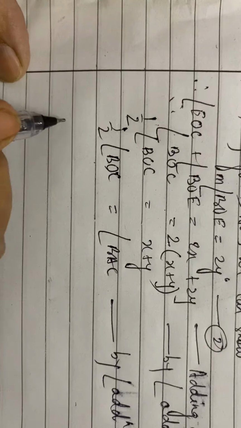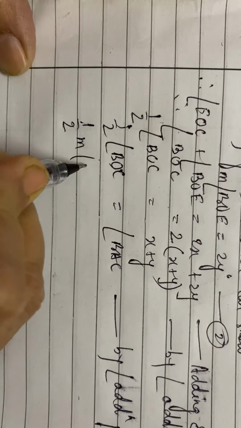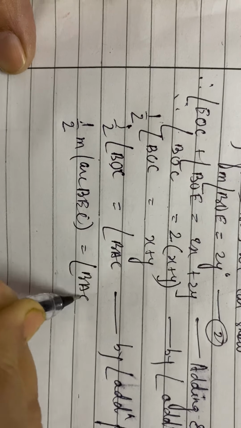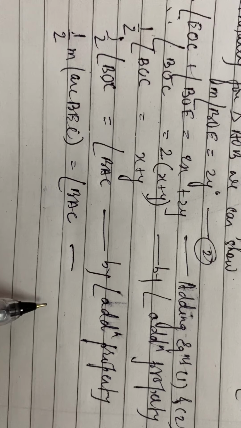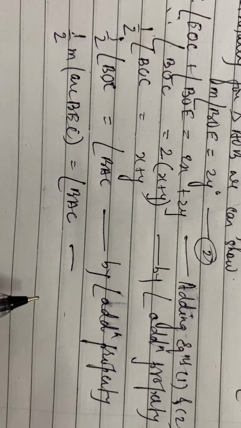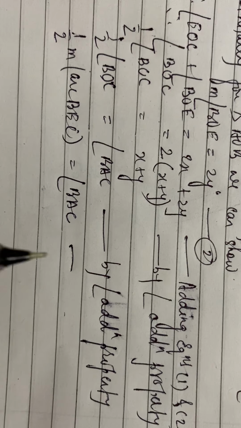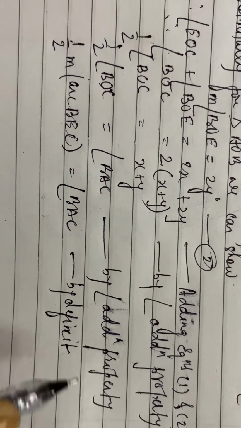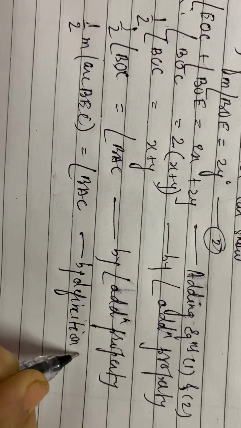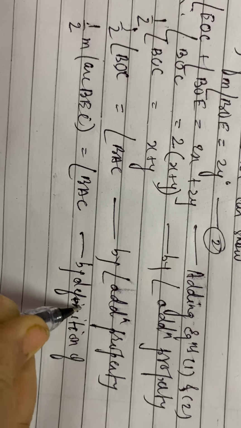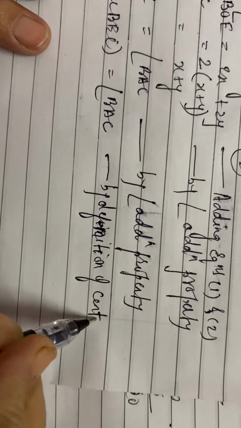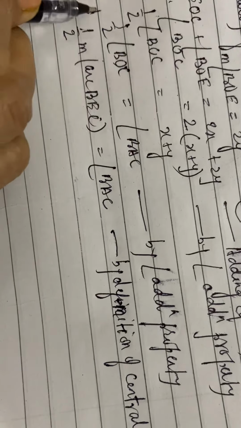So let us put over here half the measure of arc BEC is angle BAC, by definition of central angle. Hence we get that the measure of the inscribed angle, this is your inscribed